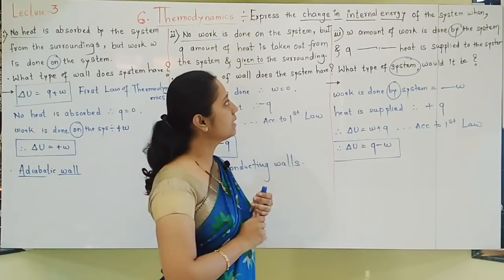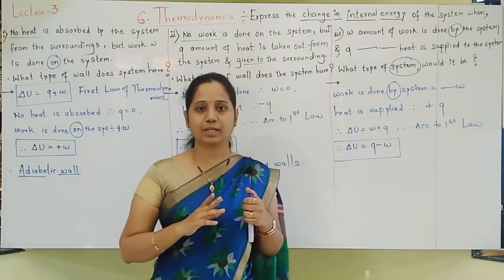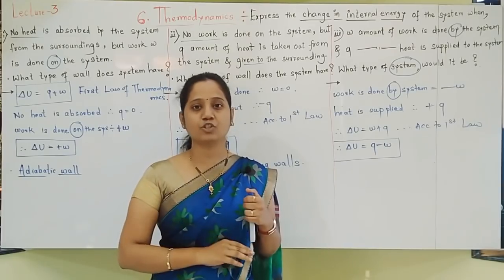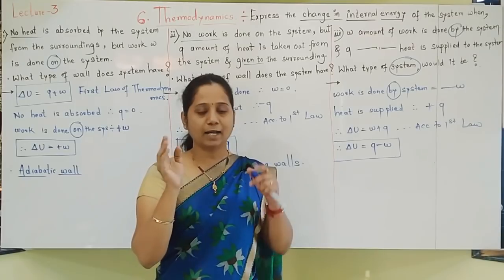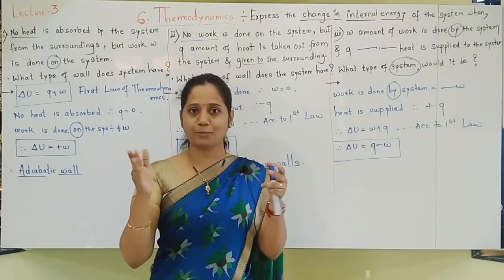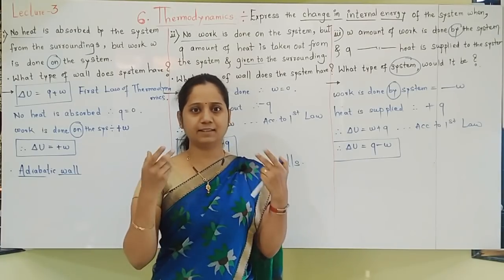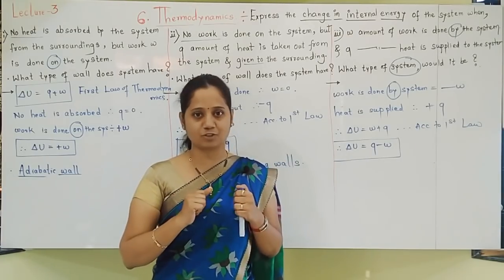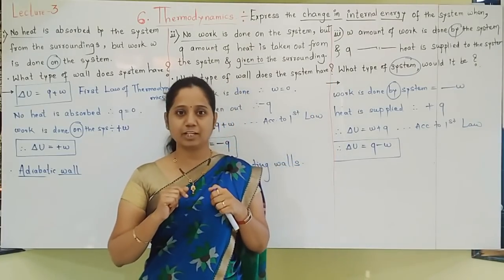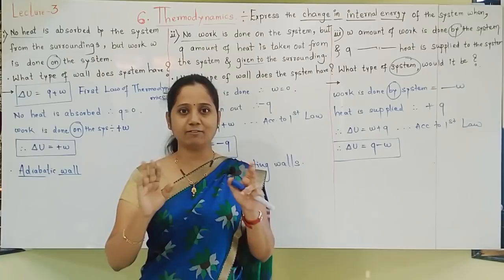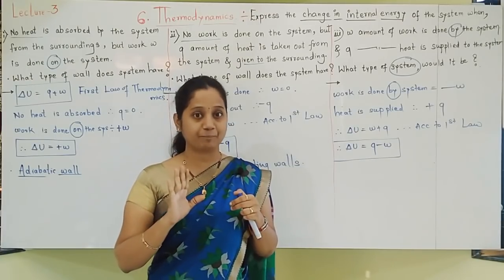Now, here it is given that heat is supplied to the system. Okay, so there is exchange of energy. So isolated system is not the option, because what is an isolated system? The system in which there is neither exchange of matter nor exchange of energy. But here you can see that heat is supplied, so exchange of energy is there. So the answer can never be isolated system. So you have to think of open system and closed system only.